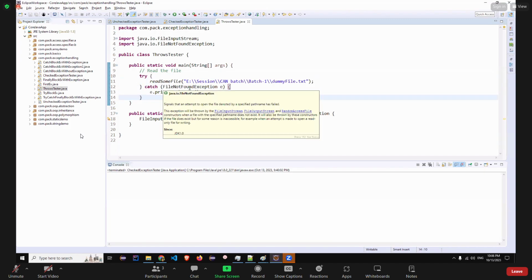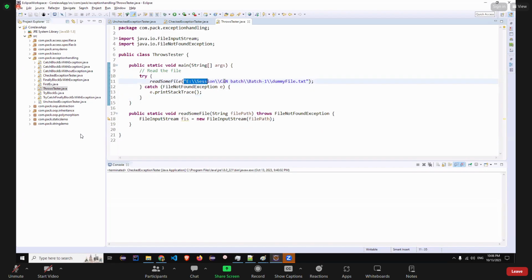पर अगर वो समझदार डेवलपर होता तो ये पाथ निकालने के बाद पहले वो चेक करता कि इस लोकेशन पे वो डमी फाइल है भी या नहीं, तब मैं इसको कॉल करता। यहाँ पे चेक लगाता, if that path contains that file and not, then call read some file, otherwise return the same. रिटर्न एक्सेप्शन तक जाना ही नहीं है, वहीं से रिटर्न कर दो कि वो फाइल है ही नहीं इस लोकेशन पर। अगर रीड या जनरेट की बात हो रही है तो हमारा कोड तो वहीं ब्रेक होगा कि फाइल ही नहीं है, तो बाकी का कोड आपको चलाना क्यों है।